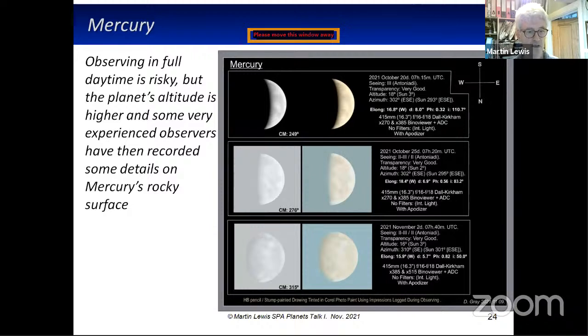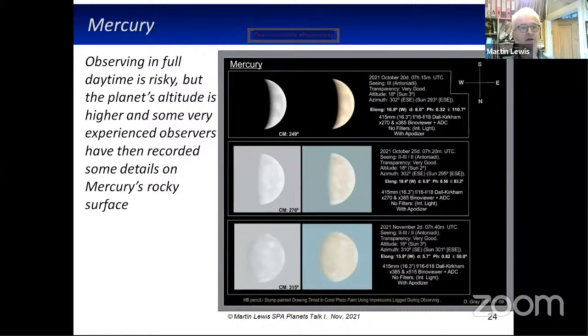You've obviously then got the risks of the sun nearby, and it's not something I would recommend for beginners, and you really do need to make yourself aware of the dangers, because one glimpse of the sun through a telescope which doesn't have any protection over the front will instantly blind you. It will burn the back of your retina. So you do have to be careful and take appropriate precautions, but to those that persevere, you can see details